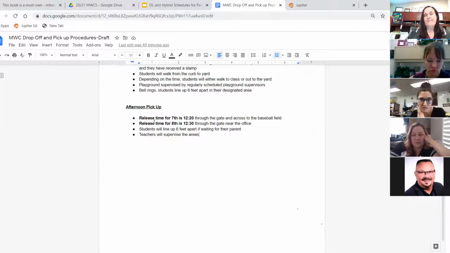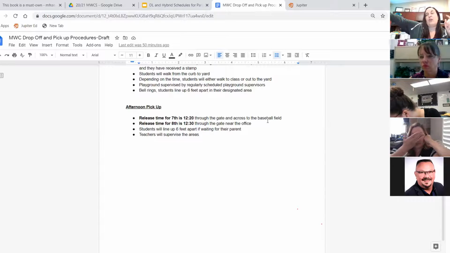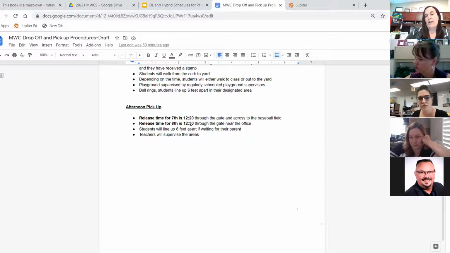For pickup, we had to stagger pickup. We couldn't have them all going out at the same time. So release time for 7th grade is 12:20, and they will go out the baseball gate and across the street. We will have a crossing guard, and teachers are out there for pickup to monitor students, maintaining that 6 feet apart. For 8th grade, it's 12:30, and they're on the gate that's near the office, so the students will line